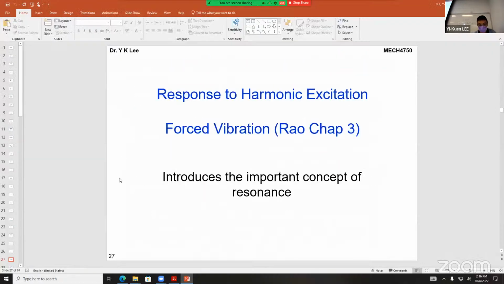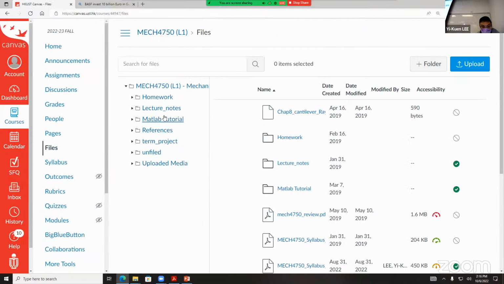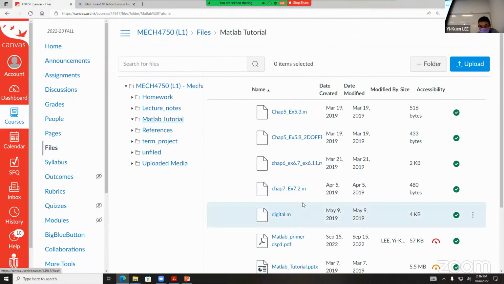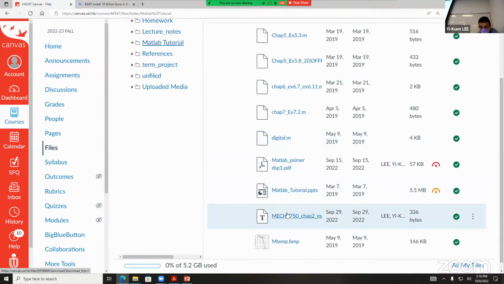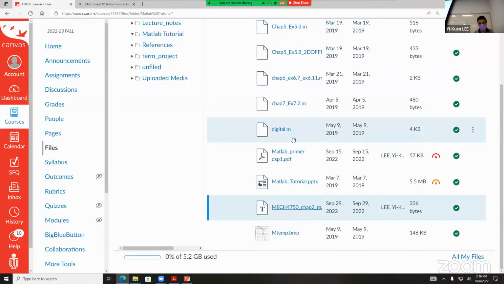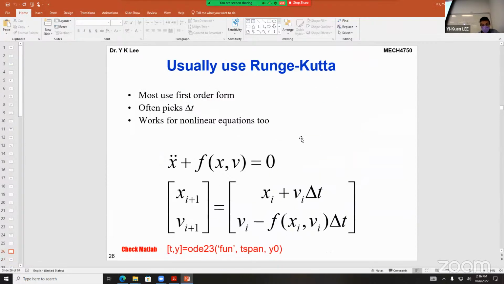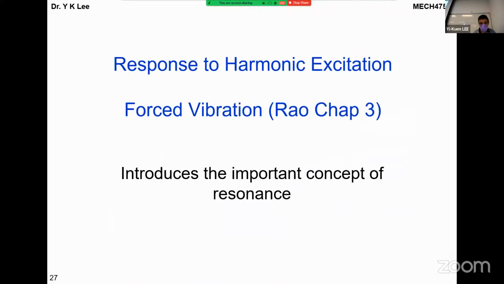I think I do have some examples. I should try to give you a few examples now, so that you are able to, at least, last time I already showed you the example of how you can find the vibration amplitude as a function of time, and the same thing we can easily use to solve this kind of problem. Anyway, I should give you some examples for you to do exercises on how to solve this kind of ODE. I don't know, do you have any questions, or have you ever used MATLAB? It is a worthwhile thing. Now, of course,